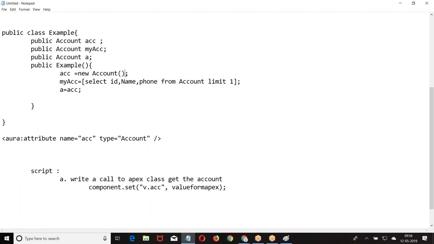So what should I do? I have to give ACC equal to new account. Now in this case, you are taking the data from the database, trying to display it on the page and use it. With respect to the example I gave here, when I said account ACC, what is the value of ACC? Do you want to display or do you want to take the data?